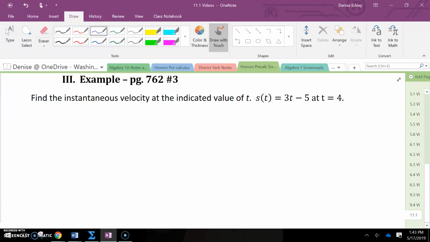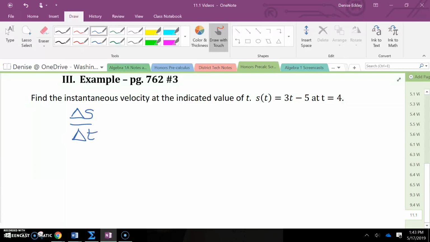Page 762, number 3. Find the instantaneous velocity at the indicated value of t. So our distance equation is s of t equals 3t minus 5, and we're looking at a time of 4 seconds. So what we want to find again is our change in distance over our change in time to get